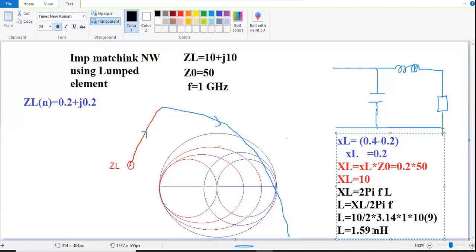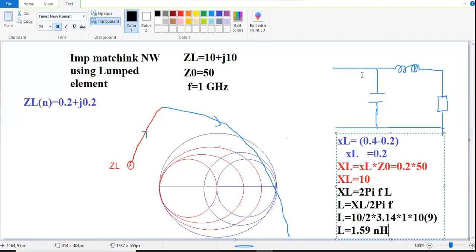So L, 50% of the problem is solved. L you have calculated. Whatever the value of L is, that is done. You have solved the value of L. Okay. So have you got this? Any doubt in this?